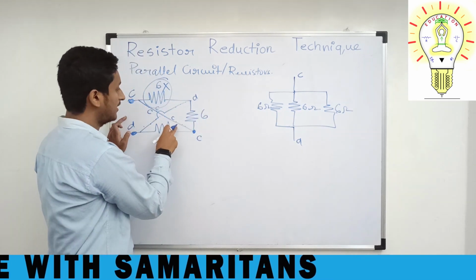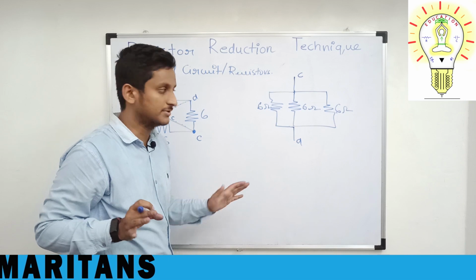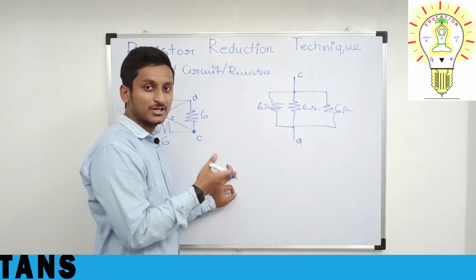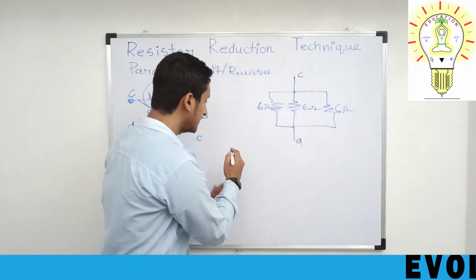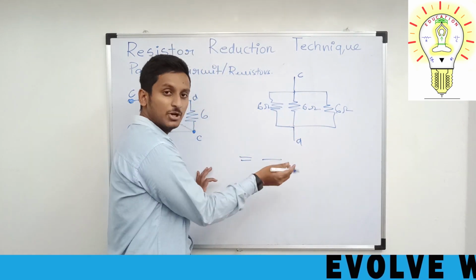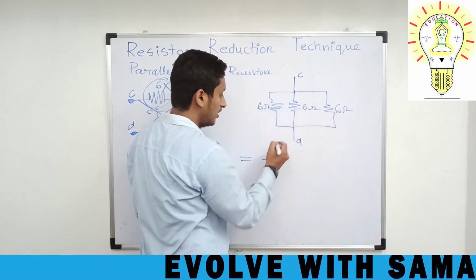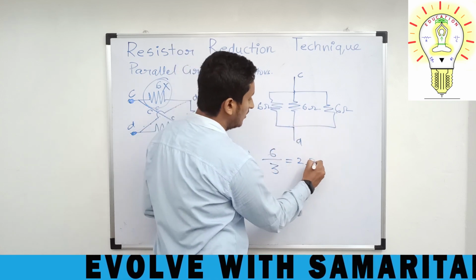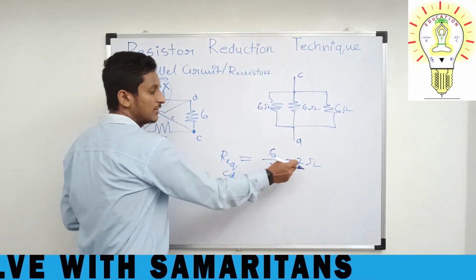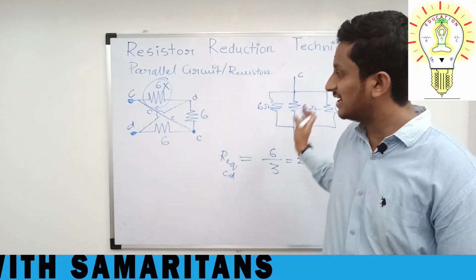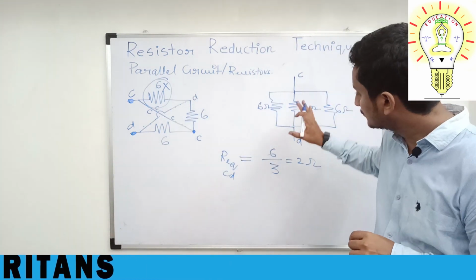But how it has been given, he has just tried to confuse us. Okay, don't get confused because of this. Again from here, you have got the shortcut formula. So there are 3 resistors of the same value. How can we apply this? What is the value in the denominator? There are 3 resistors. Okay, what is the repeated value of the resistor? 6. So I have got 2 ohm. So R equivalent between C and D will be equal to 2 ohm. Look at this, how fast and how easily I have done this problem. Okay, this is one model.